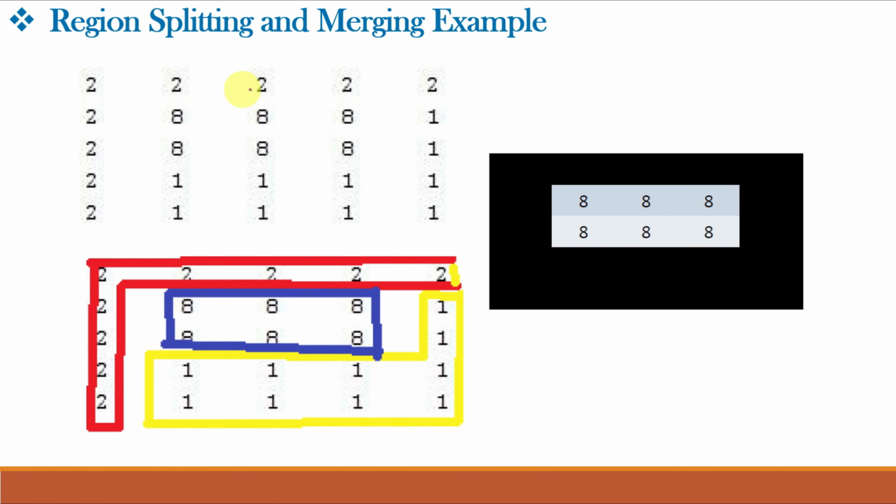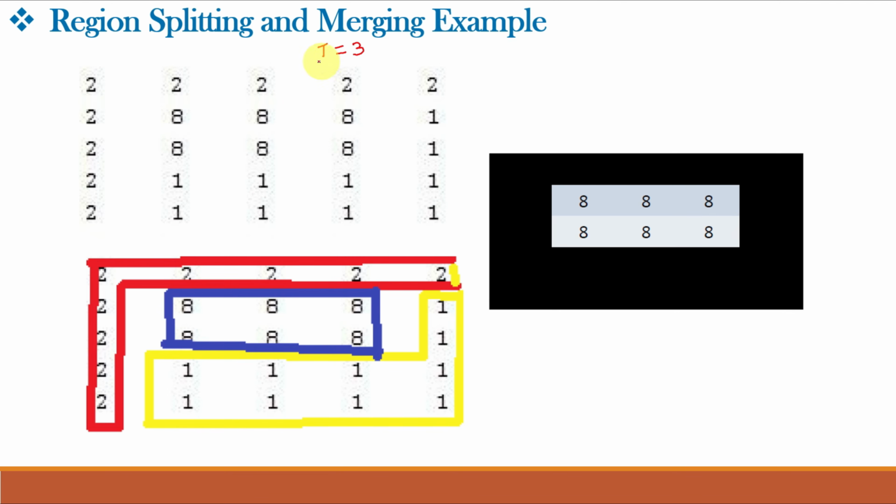Consider this image. This image has 3 grayscale values, 2, 8 and 1, and let us say our threshold value is equal to 3. So as per the algorithm, if the difference between the pixels of two regions is less than the assumed threshold value, the pixels can be merged. Otherwise, they will remain as separate regions. So this representation of this figure shows that there are 3 regions with pixel values 1, 2 and 8, and